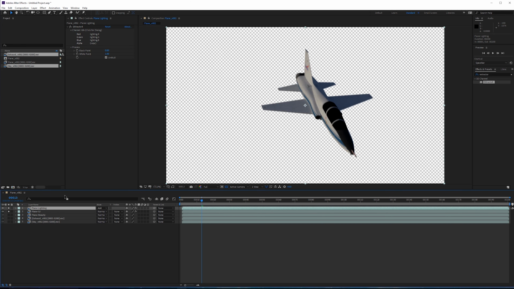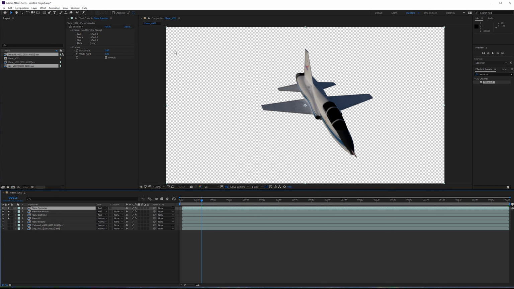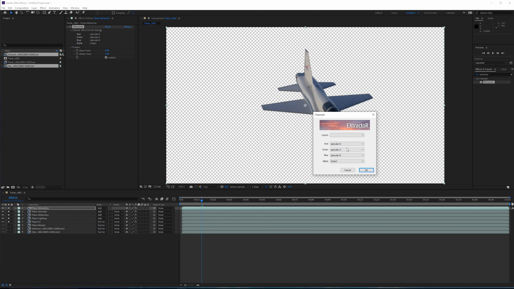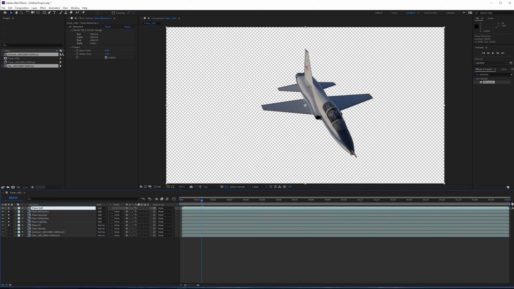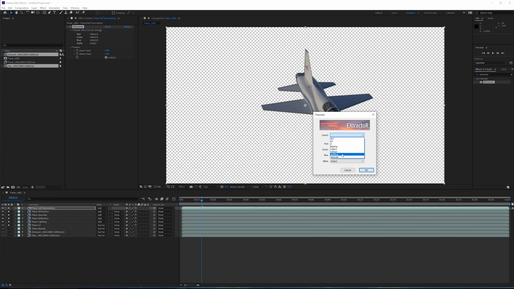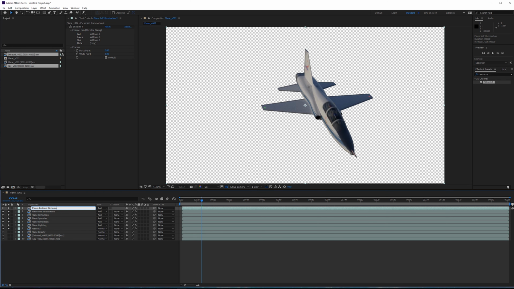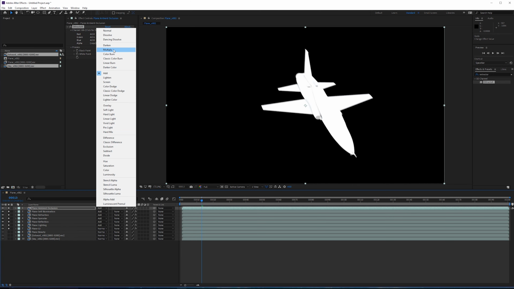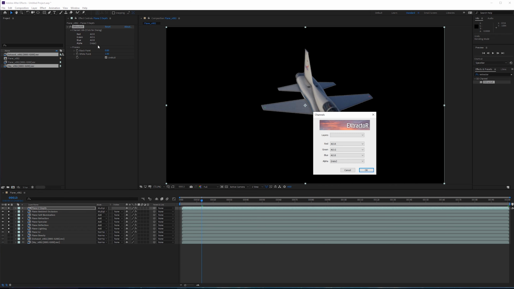Okay, so next we can duplicate lighting, rename the next one to be reflection. This again is going to be additive. Specular, which is also additive. Refraction, which is additive. And self-illumination, which is also additive. Next we have ambient occlusion, or AO. Ambient occlusion is multiplied. And lastly, we have Z-depth.